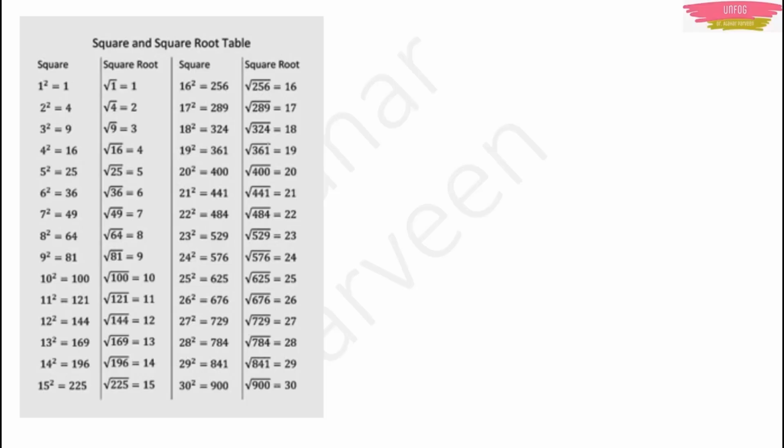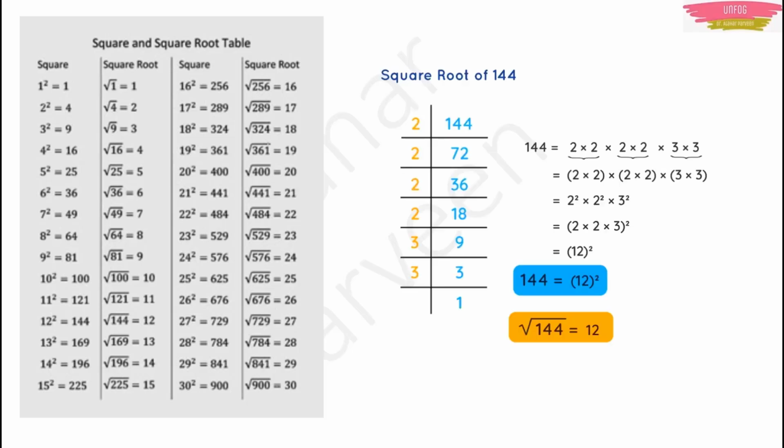In case you are getting a number other than these numbers, then how to find the square root? For example, I am taking a perfect square here to make you all understand. You can do this with other numbers also. If you want to find the square root of 144, it is an even number, right? So start taking the LCM with the smallest even number, that is 2, right? Go on doing. Whenever you get an odd number, try with 3, okay? Go on doing till 1.